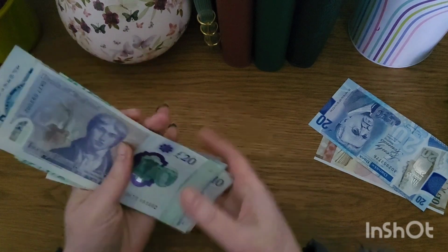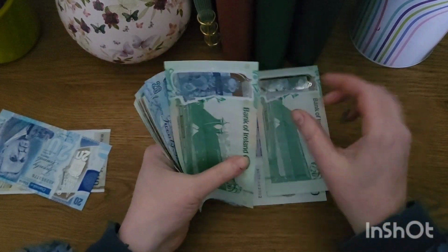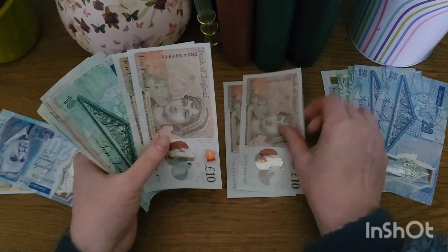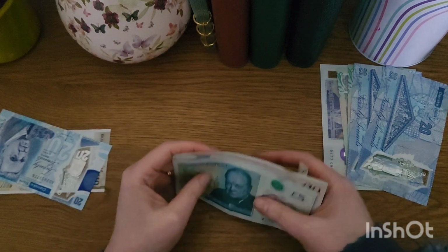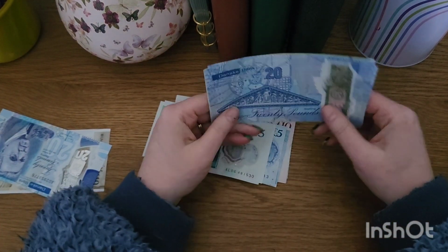So, starting off today with cash stuff in the 100 and 80. So 20, 40, 60, 80, 100, 10, 20, 30, 40, 50, 60, 65, 70, 75, 80. So 180 pounds. Now, I did get a wee comment on one of my last videos, and it was about